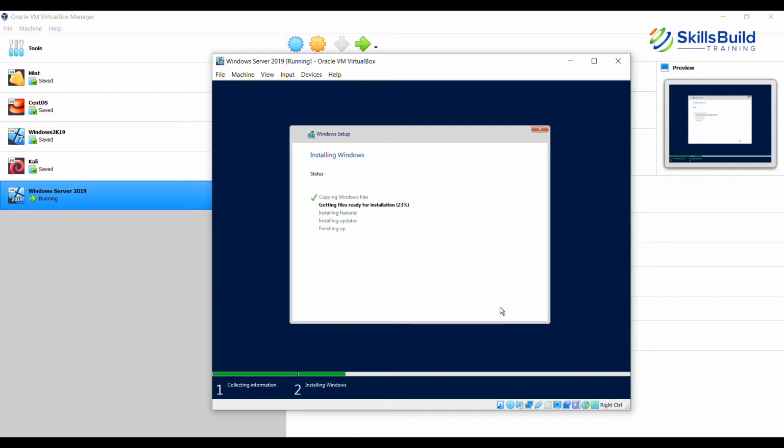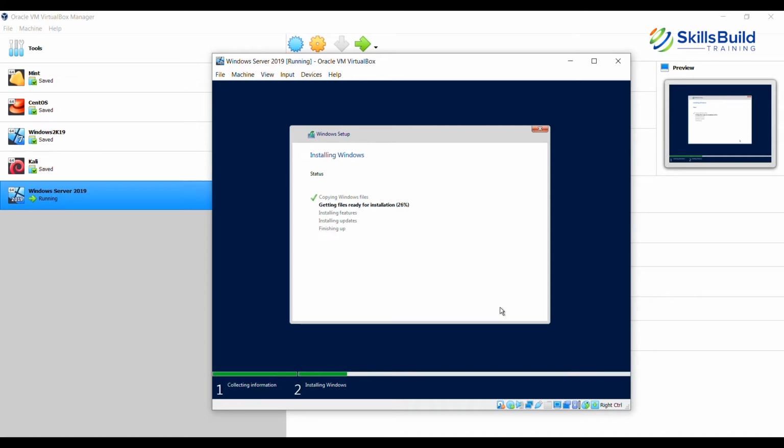So these are essentially the three methods you can use for installing Windows, whether it is a desktop operating system or a server operating system like Windows Server 2019. You can do it the manual way, through an automated script, or through the central server which will trigger the installation for you.